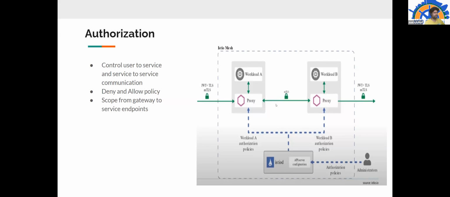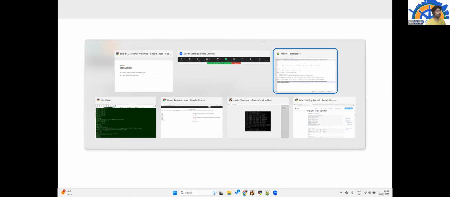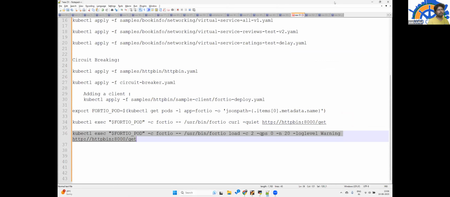Within the service mesh, all those things can easily be administered through Istiod. The authorization or authentication policies configured by the administrator will be pushed down to each and every proxy. The same set of things can be done. I can show how it is, and quickly wrap it up.